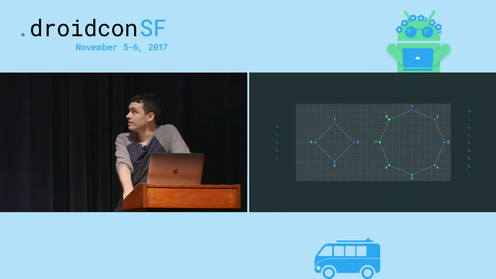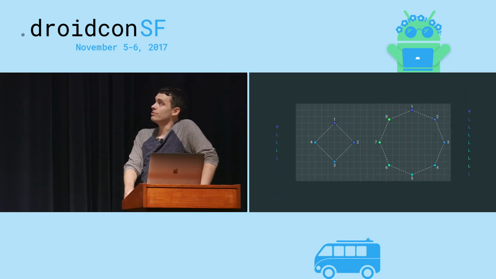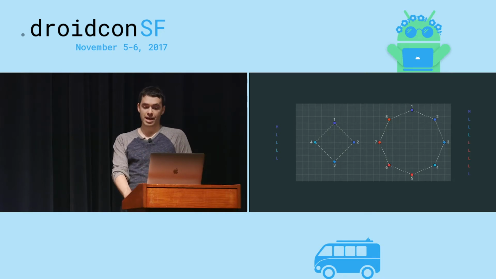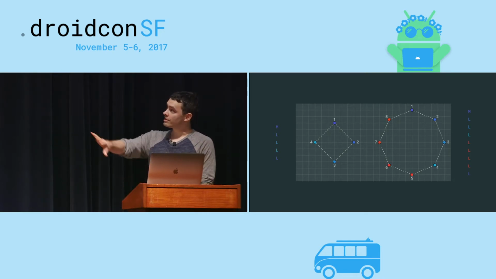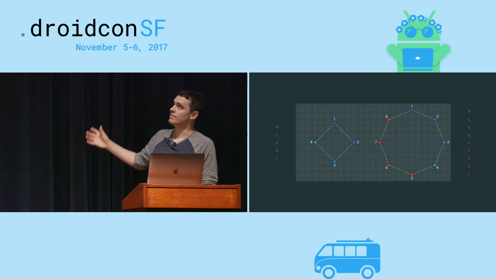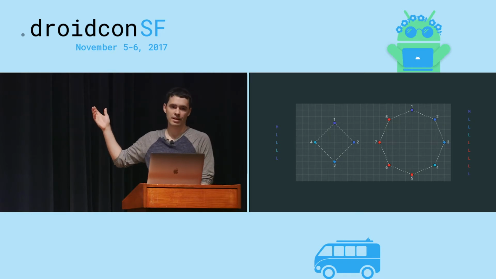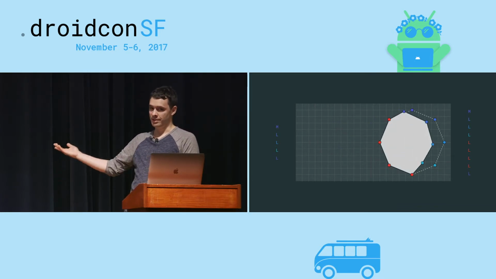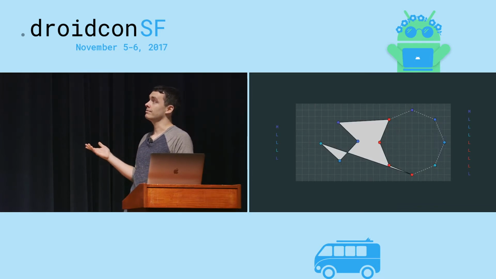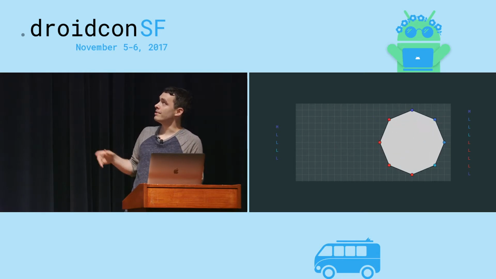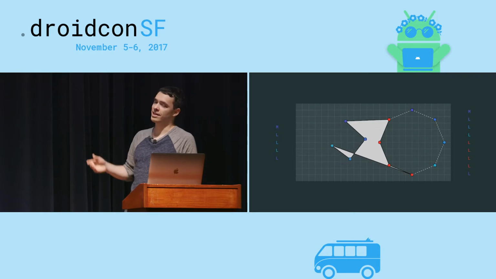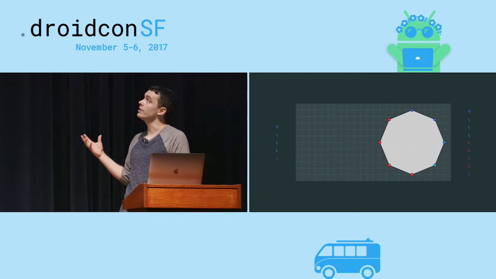We start to run into more trouble, though, if we were to animate a square into an octagon, right? Because now we have 4 points on the left, 8 on the right. So we have these 4 lonely points. What does the object animator do with these? If you tried to morph it, it would look kind of like this, where it animates the first 4 points, but then it doesn't know what to do with the red ones. They just kind of pop into existence, and you get this really ugly